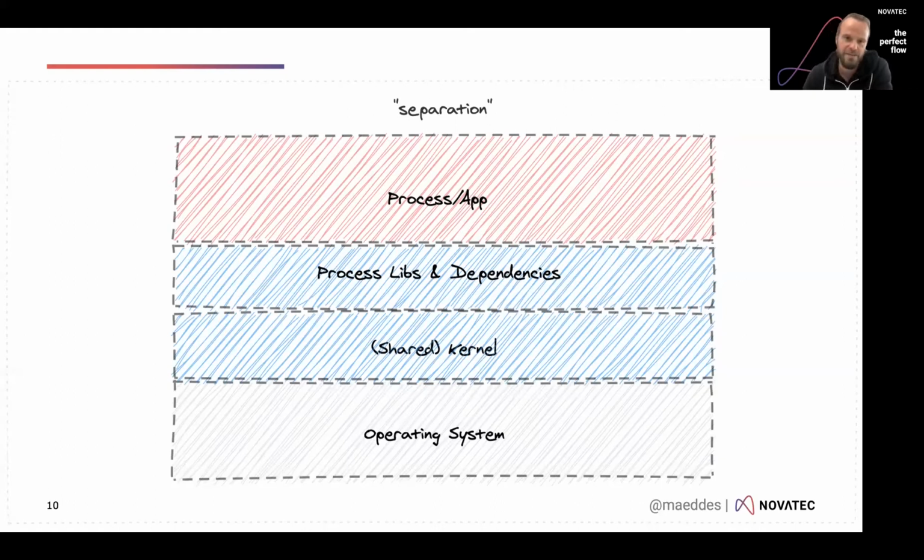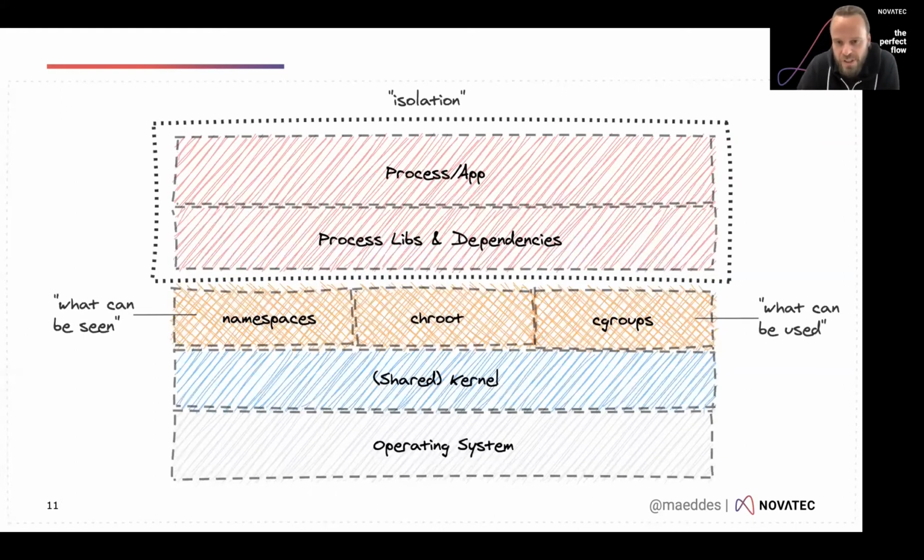So from that kind of separation we went into a state of isolation with containers, where there are basically 3 underlying Linux system calls that are the fundamental principles to build a thing that we call a container. There are namespaces that define who can see the contents of this isolated process and also what the isolated process can see. There is chroot, which gives the container a so-called root file system to give it the feeling that it's completely in its own world.